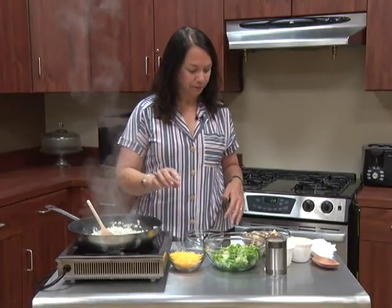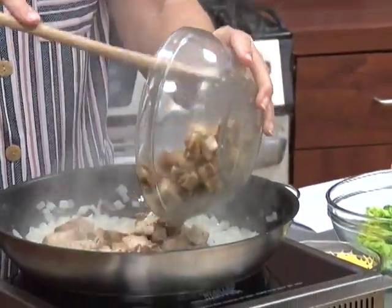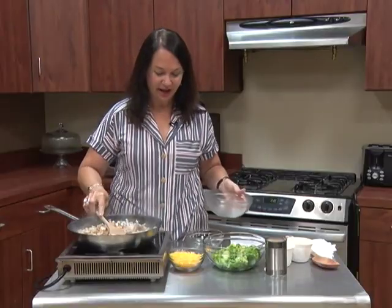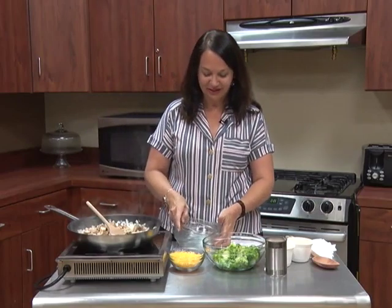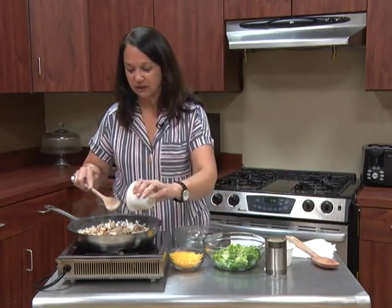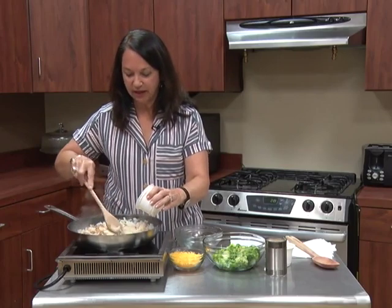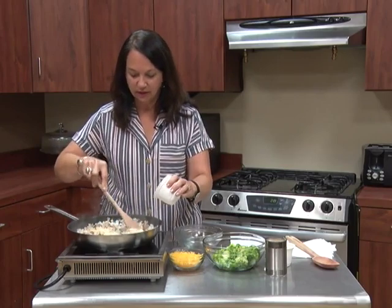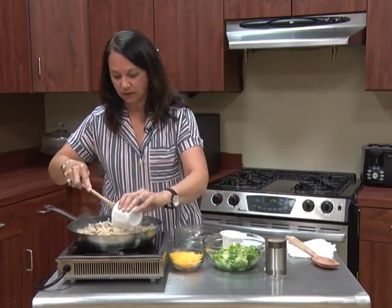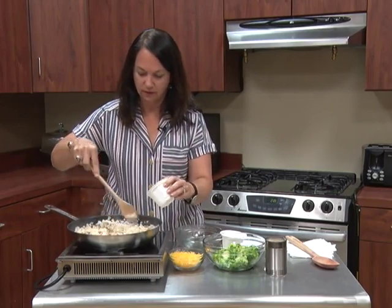So we talked about the chicken, and so I'm going to go ahead and add the chicken to it, and that's about your 2 cups. Oh, and now it even smells better from a cooked piece of chicken. And then I'm going to go ahead and add the rice, and I kind of already cooked it, so I'm going to move it around to make sure it gets going with the other ingredients. All right,